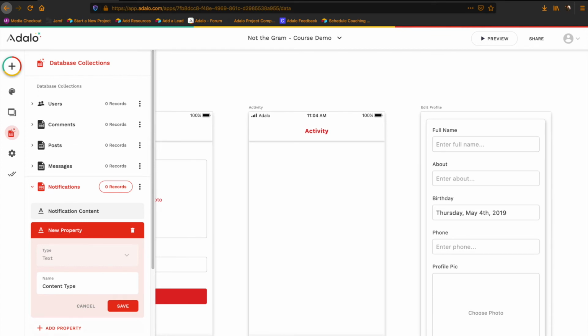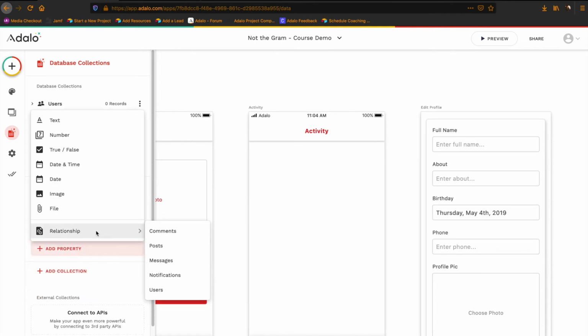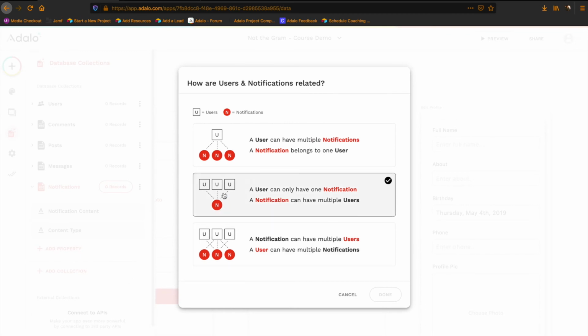We don't need to create a separate collection necessarily, although you can certainly do that. And then let's go ahead and create a relationship to users. So this is going to be the user that it is being sent